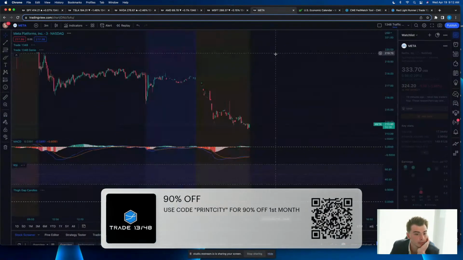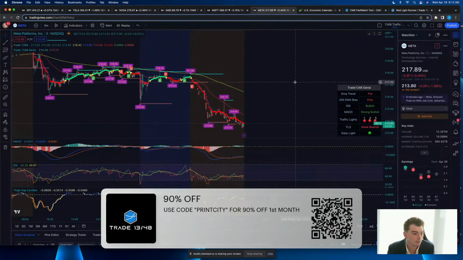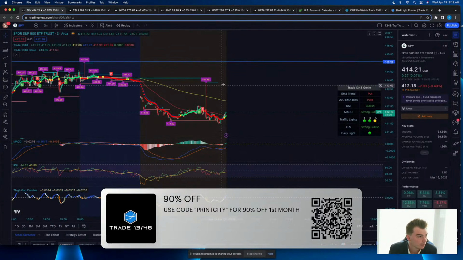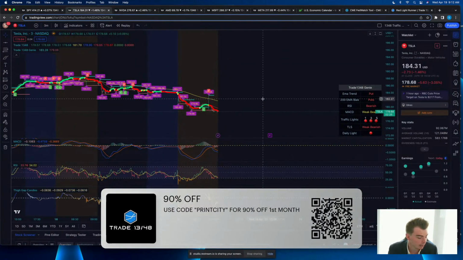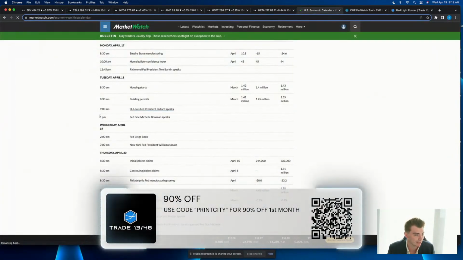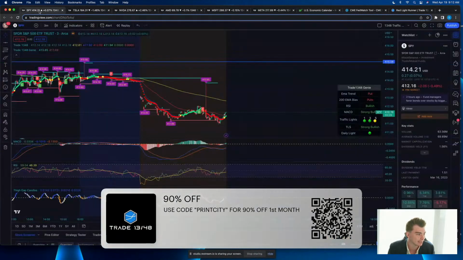Facebook's been an interesting one. Yeah, they're down. See, a lot of these things are down in the pre-market here. I'd love to see an initial drop and then just a nice clean rip higher. That'd be cool. It's a Wednesday. There's not much happening today. You get Beige Book at 2, but that's probably not moving stuff.